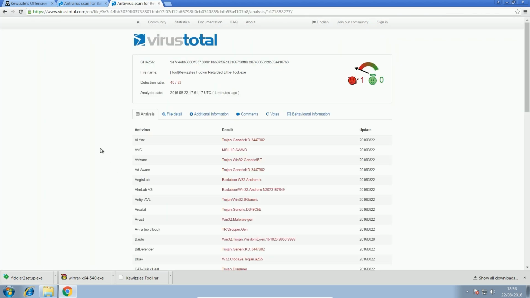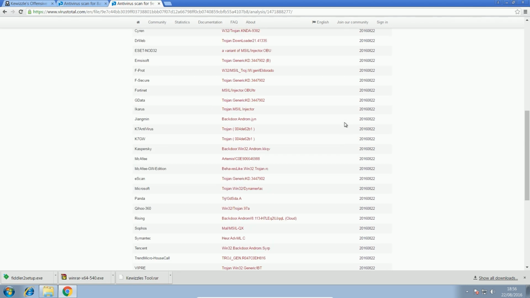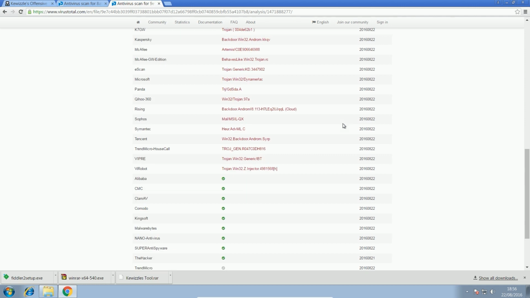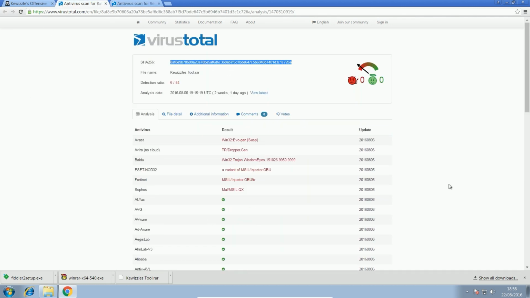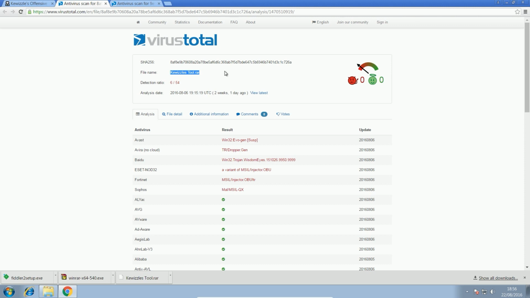Okay guys, so the scan has finished, and as you can plainly tell, definitely more detections than the .rar file. And for all we know, this .rar file may not actually be the same as this one. The person who put this up here could have put something totally different inside that rar file. So one thing, if you are going to scan the rar file as well, then you could check the SHA-256 and see if this is the same, because if this is different, then this is not the same rar archive